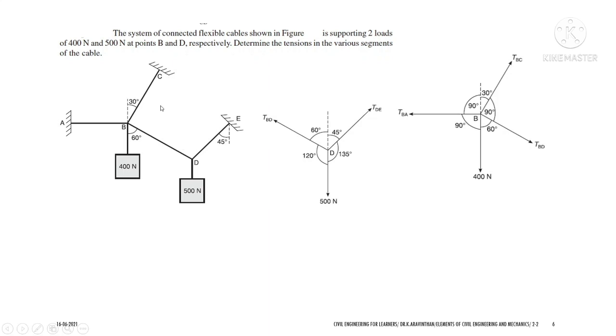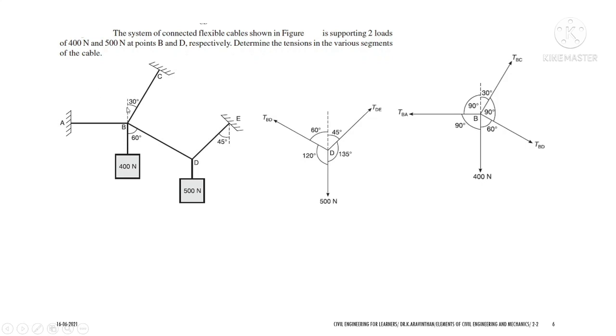If I am drawing the free body diagram for the point B, I take the point B and vertically downward I have 400 Newton. I know the angle which is given as 60 degrees, and if I draw a line, the rest of the angle will be 30. For the top quadrant you have 30 degrees here, and the rest of the angle will be 60. So 60 plus 30 will be a 90-degree angle. Hence you can see that between B, C and D you have a 90-degree angle. So it is written here, and 60 and 30 are given already.